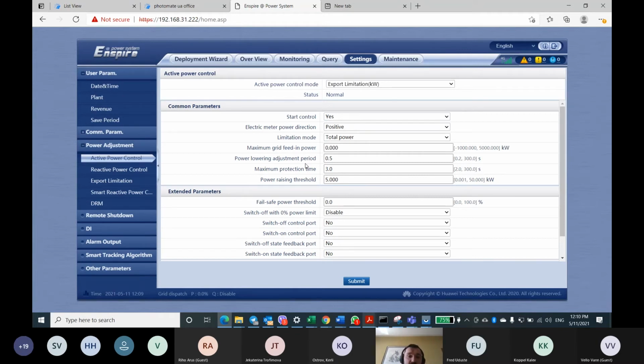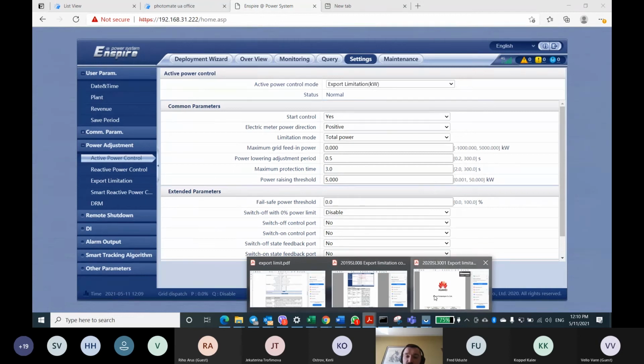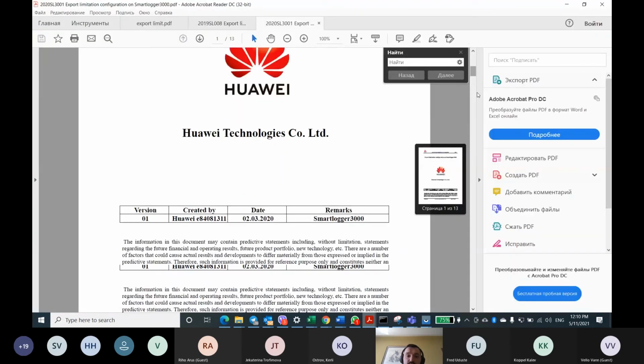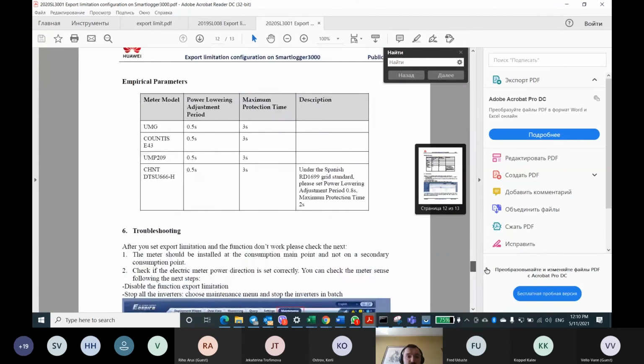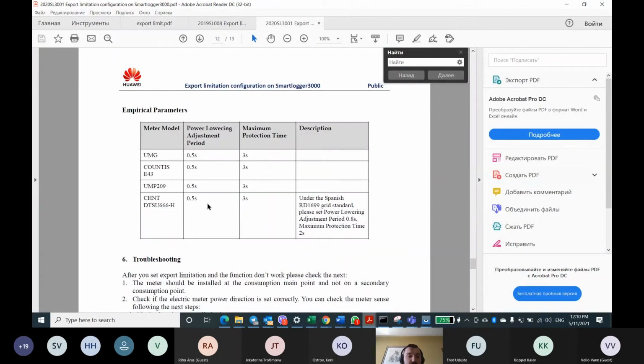The next two values are lower adjustment period and maximum protection time. It's recommended depending on the power meter, there is a small table in the manual. We have this Chint DTSU666-IH, so leave it like this: 0.5 and 3 seconds.